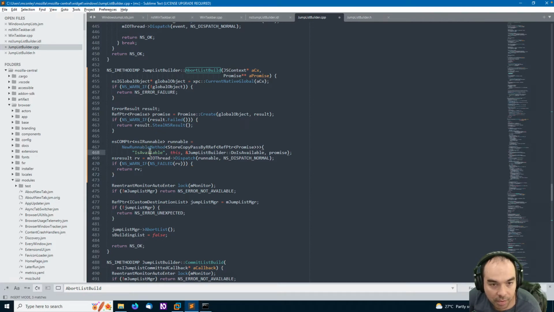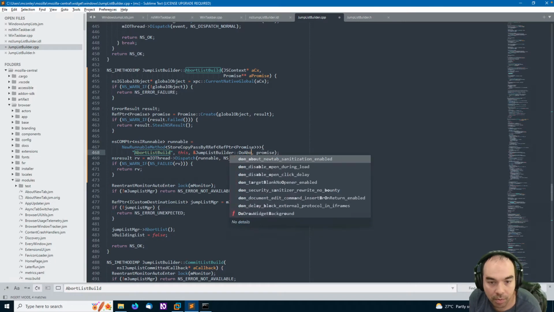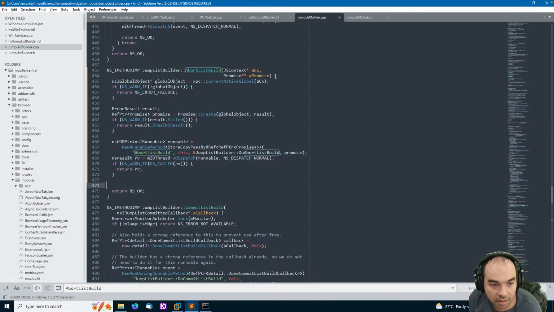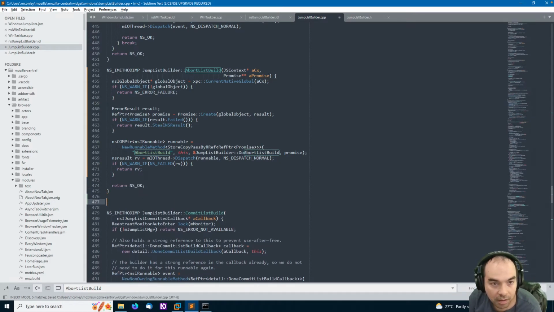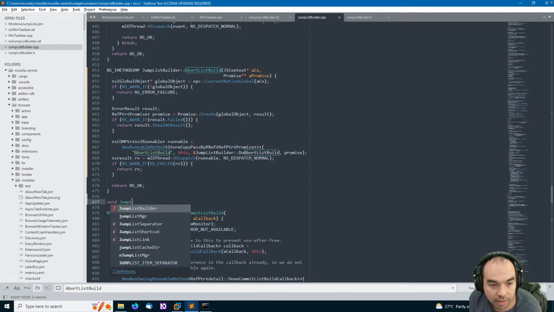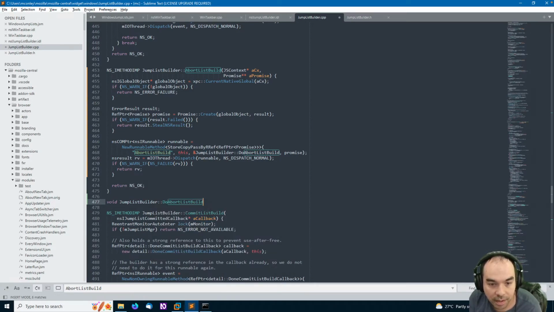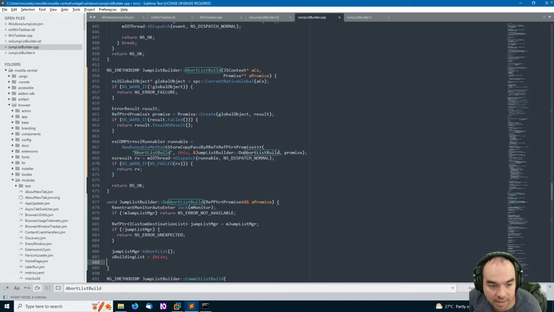We're gonna create a runnable, and it's from abort list build, and we're gonna say do abort list build, and then dispatch it on the IO thread, and then void jump list builder, do abort list build, and that's going to take a ref pointer promise. A promise, I think that's the signature.